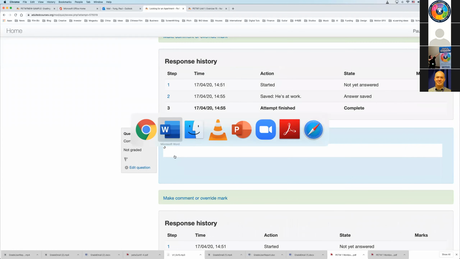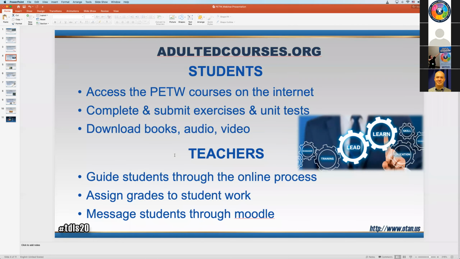As you can see, the big challenge for you, the biggest job for you is to teach your students how to use this course, how to navigate through the website, help them understand the layout, help them download the media, find each exercise, submit the exercises, okay?